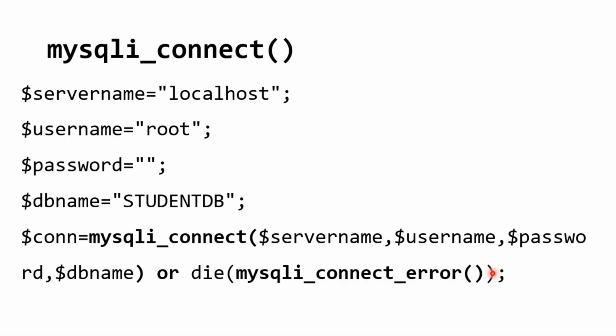This function was listed in a previous slide. This function returns the error given by the MySQL engine. You might be executing any PHP MySQL function, not just mysqli_connect. You might be executing a query execution function or any other function which I listed in the previous slide. At that time, if MySQL gives an error, you can display that error to the user using mysqli_connect_error. So it gives the error most recently returned by the MySQL engine.